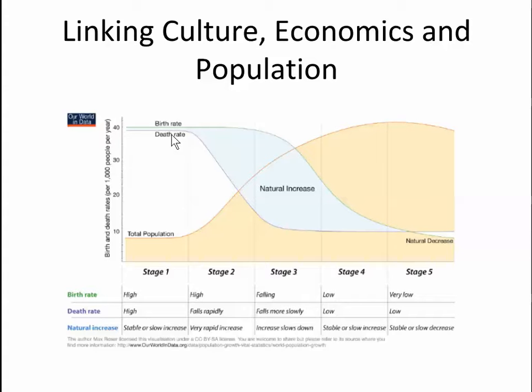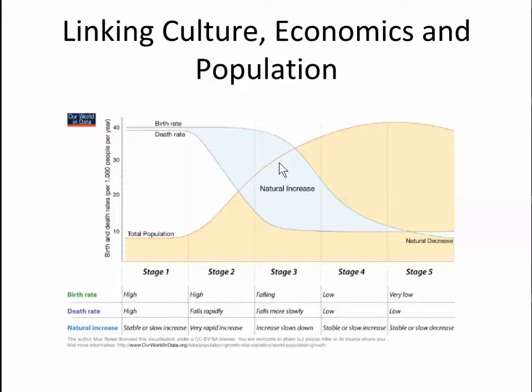But you'll notice in the demographic transition, and first I'm going to point out what happens, and we're going to talk a little bit about why. In stage one, births and deaths are high and essentially even, so population stays the same. In stage two, death rates begin to drop quickly while birth rates stay high. Well, if births stay high and deaths drop, population is going to grow.